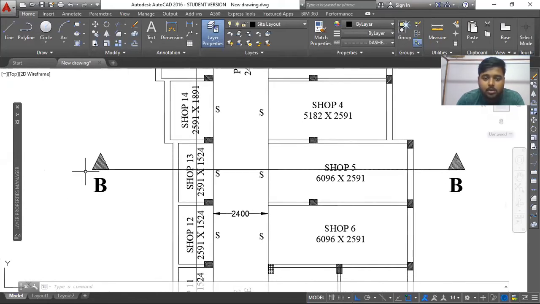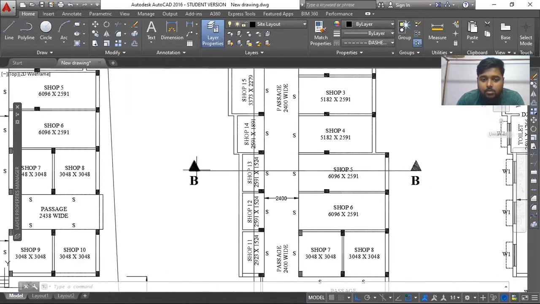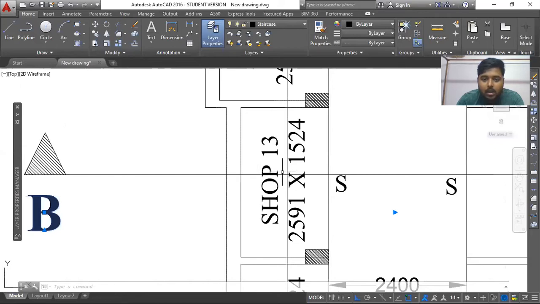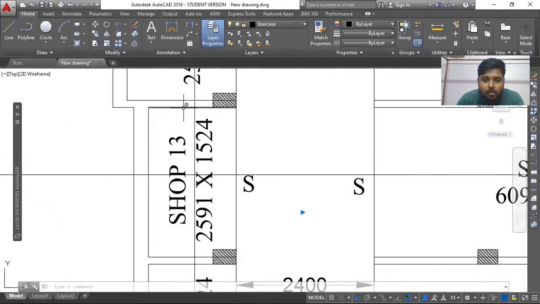You need to first show a line from which you are going to cut, and these are the arrows showing the direction of your eye. This arrow is upwards, which means I'm standing, let's say, at B and looking upward. So what are the things I'm going to see? I can see the cut portion of this wall. In that case I'll see the brickwork because it is cut in between the walls. I'm going to see the complete, fully finished wall here.